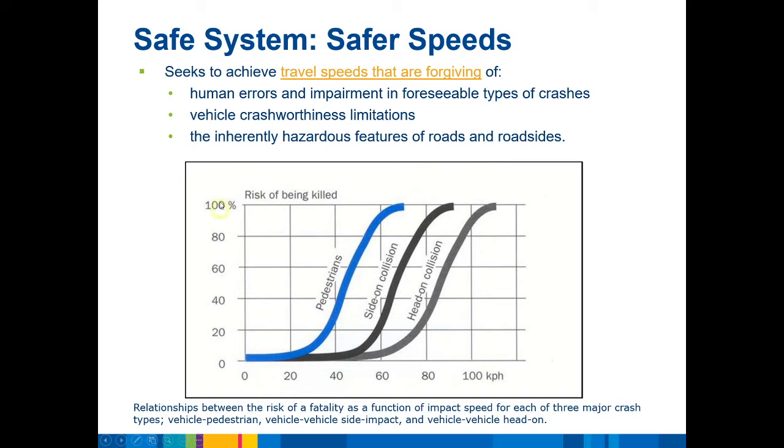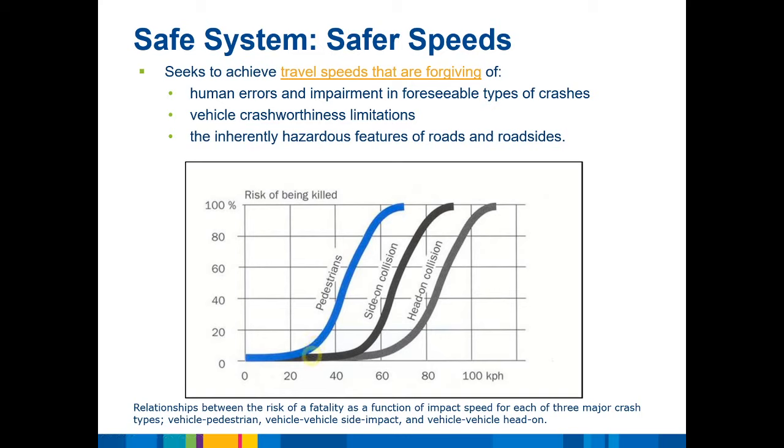This graph is really important, and I'm going to explain it quickly. So on the vertical axis, this is the risk of being killed in a crash. Well, it's not necessarily to say the risk of you being killed as the driver. This is the risk of someone dying. This is the risk of a death in a crash. And on the horizontal axis, this is the speed. So what we count as unacceptable in these graphs is about the 10% mark. So at 10% risk of someone dying, we have the 30-kilometer-an-hour